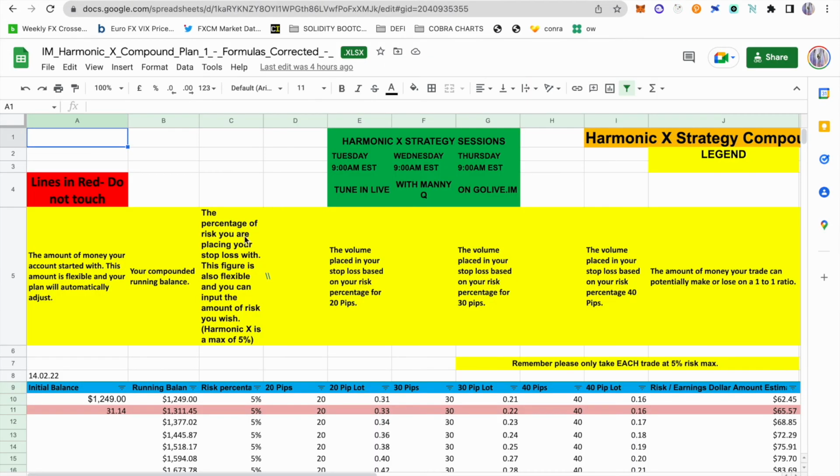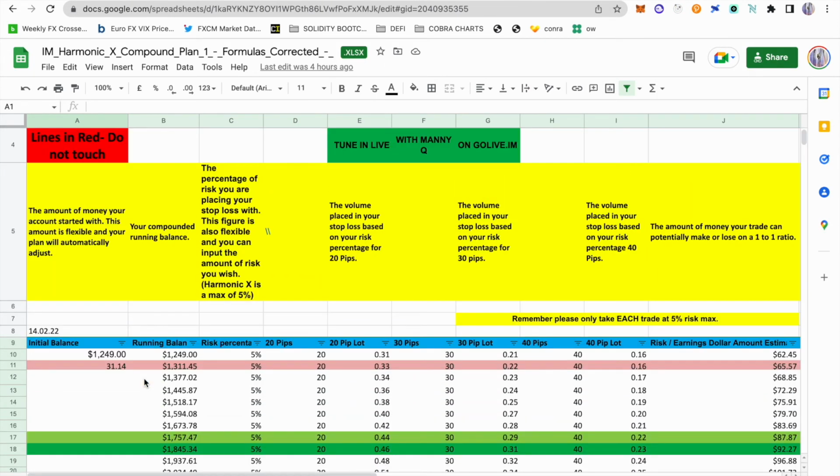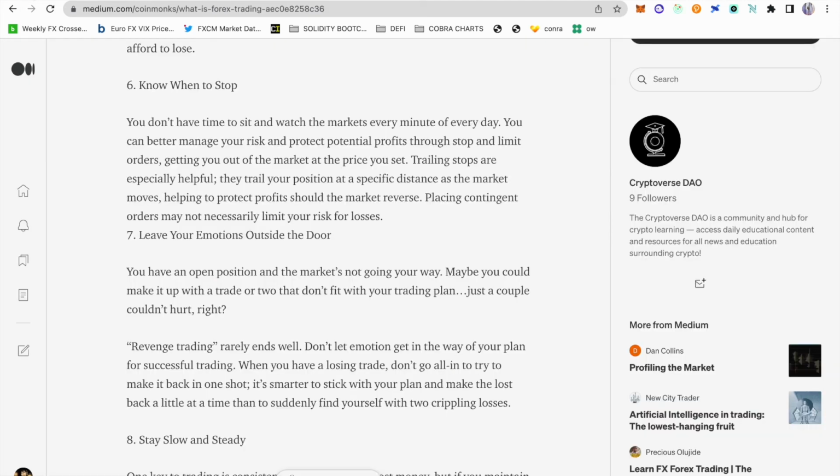It's important to have a plan, to have a spreadsheet, something that you can put your initial balance in. You put the percentage you'd like to risk of your account, and it tells you the targets that you have. If you get wicked out, you're able to go back and put in the new balance and see how it looks. So it's important to have a strategy of this kind, to know when to stop.